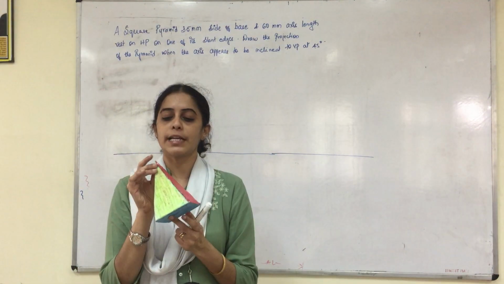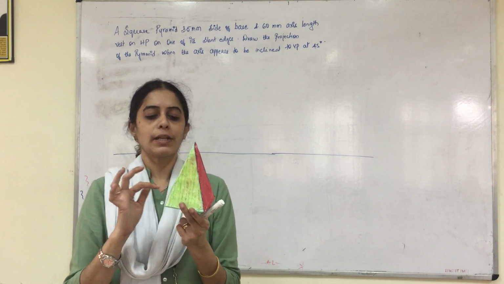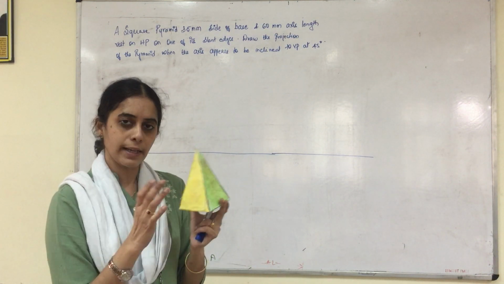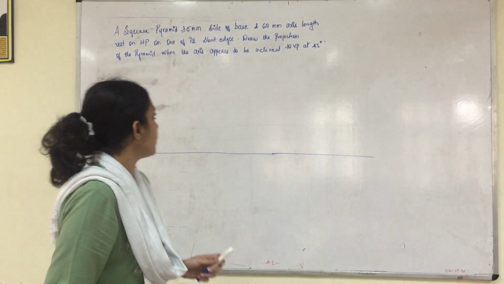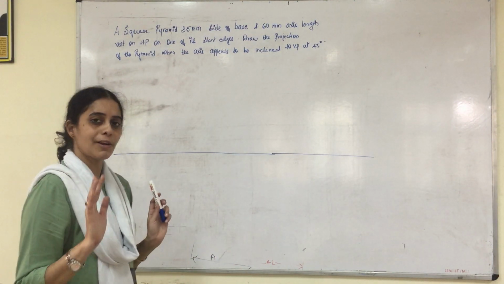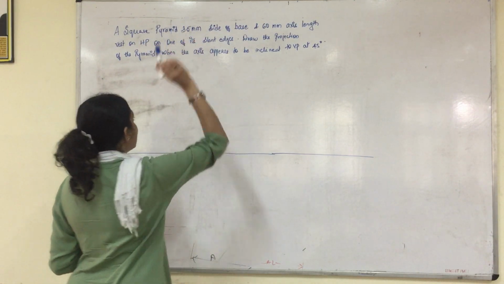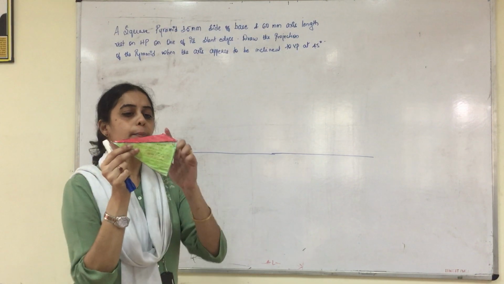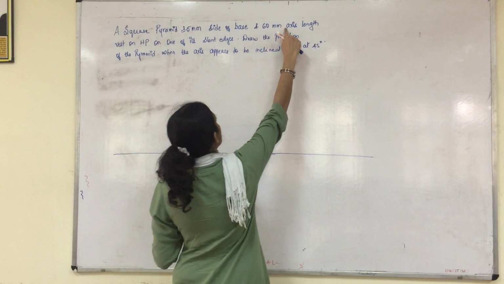Right? So it has the centers O and O1, and four sides that we name A, B, C and D. So this is about how a square pyramid looks. Now coming to the problem, it is a problem on slant edge. Why? It says a square pyramid of side 35 mm and axis height of 60 mm.